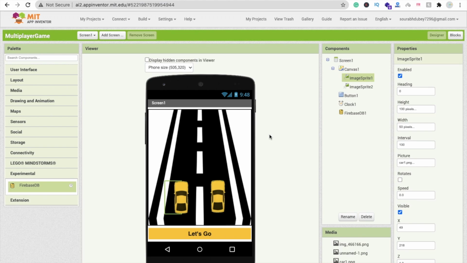Okay, now what you have to do, you just need to install this app in your mobile and your friends or family mobile and anyone else mobile, and then you have to press this button. But make sure both device internet should be on. Okay, this will not work without internet because we are fetching the value from Firebase. Okay, then whenever someone click on this let's go button, so this will automatically move, your car will move. Okay, and your friend's car also will move on your button click, right? So that's a really amazing app. You can use this concept in many games.